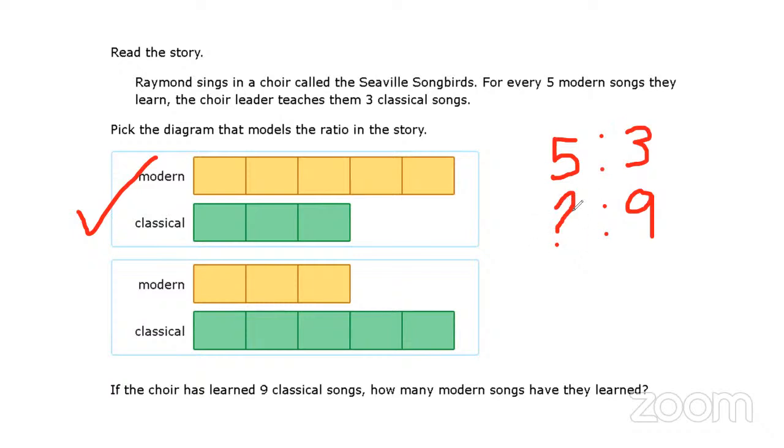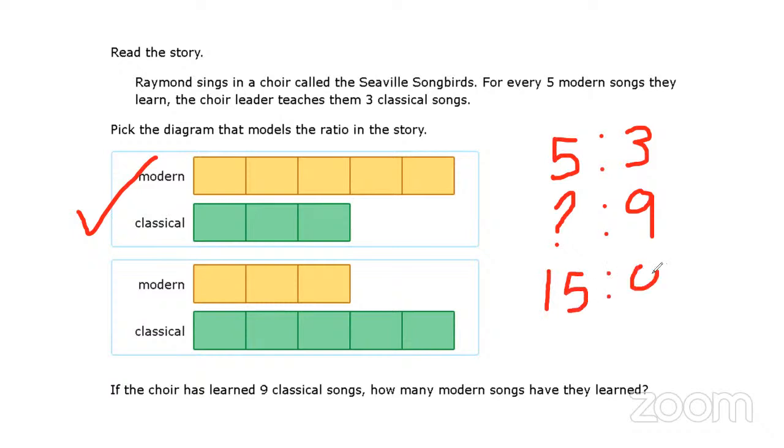So we need to see how many modern songs there are to 9. And of course, as she said, we need to see how many equal groups of 3 we can get from the 9, which is 3. So we divided 9 by 3, and the quotient that we have received means that we have 3, so we're going to multiply 3 by 5 to give us 15. So we'll have 15